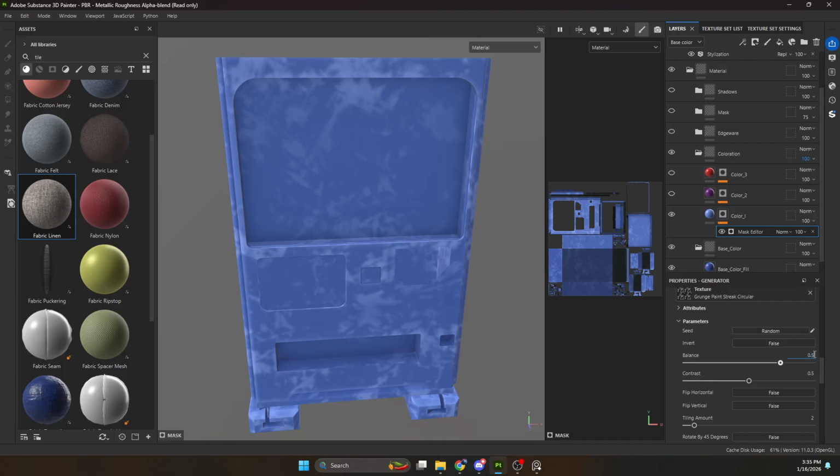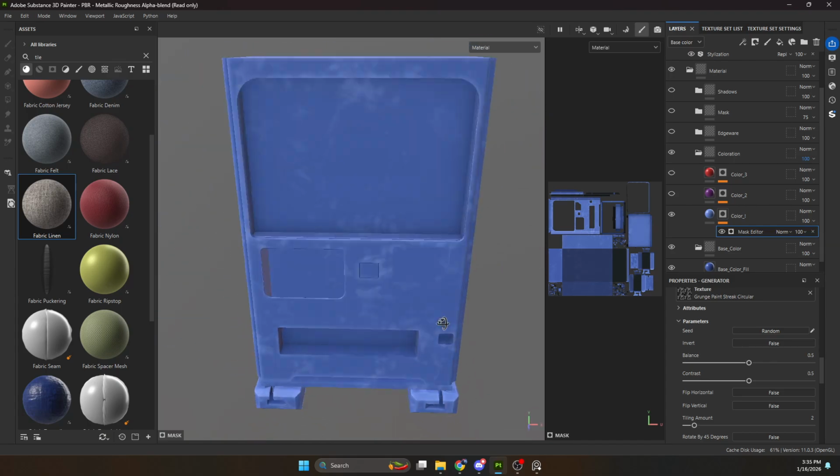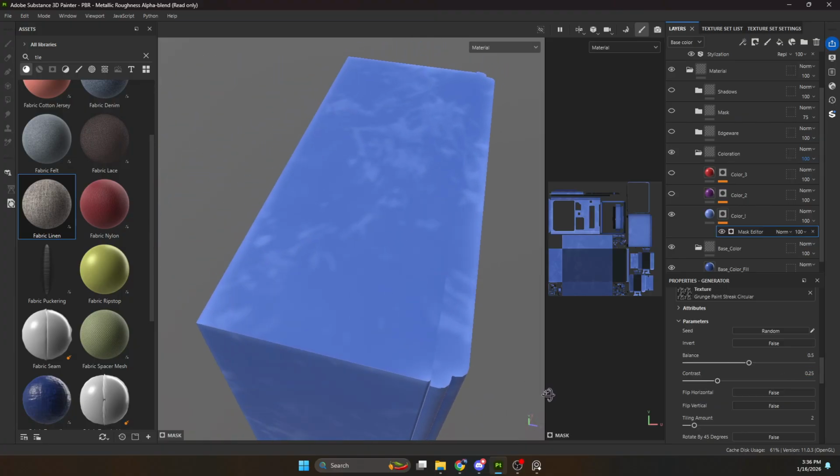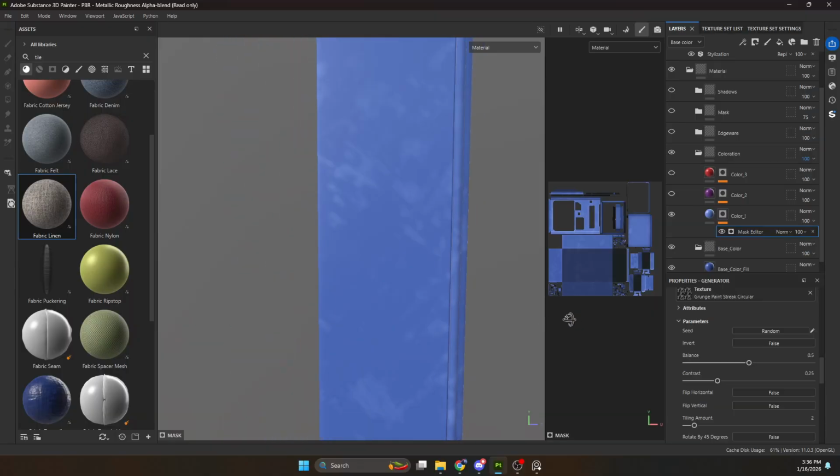I'll play around, see what the effect is. If I drop this down to 5, that becomes a lot smaller. Maybe if I drop the contrast back down to 5, kind of spotty, but